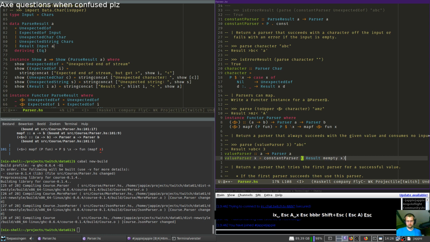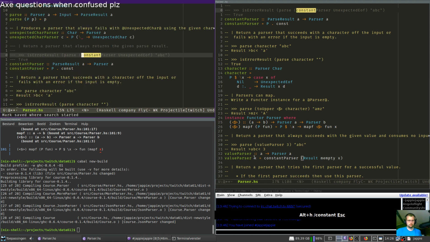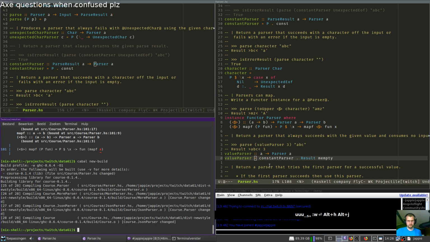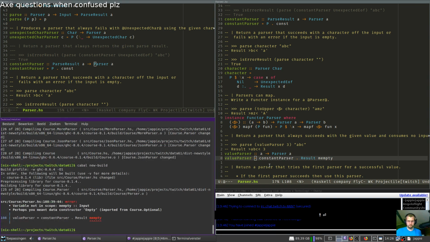And then we get the result out, which you can throw inside the constant parser result, which will return also parser A, and then we're done, right? But we don't like to type, so we do this. Point-free makes us look like we know stuff.